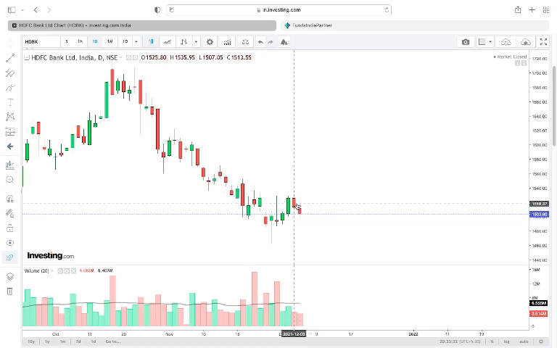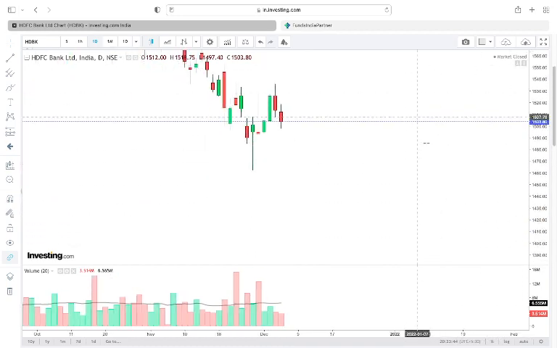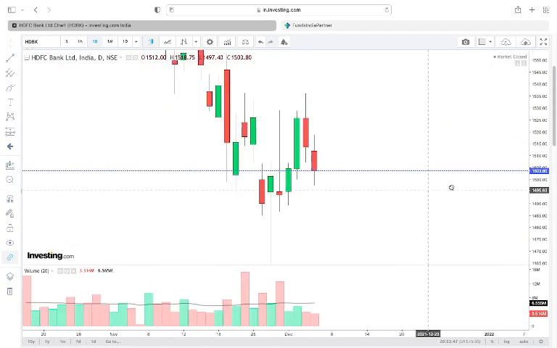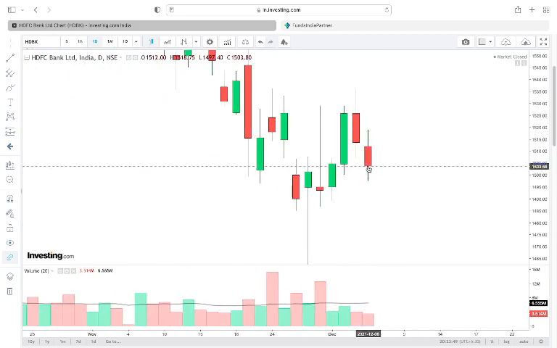So opening and closing is represented by the body of the candle. High and low price is represented by the lower wick, upper wick. So this stick hai na, see opening price. So this is the base of the candle. Sorry, this is a red candle, no? Red candle mein opening is at the top, close is at the bottom of the body. This is body, opening is at the top, close is at the bottom in the red candle. Carefully listen. This is high price, this is low price.